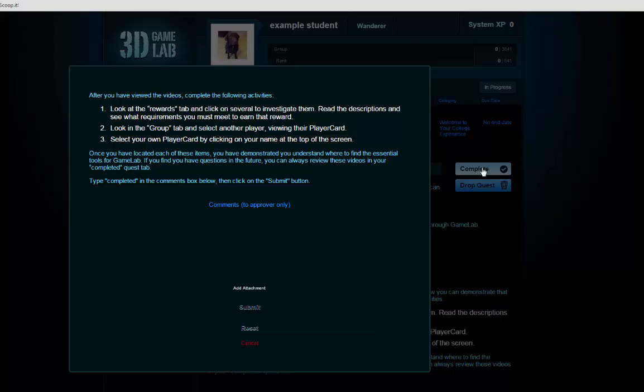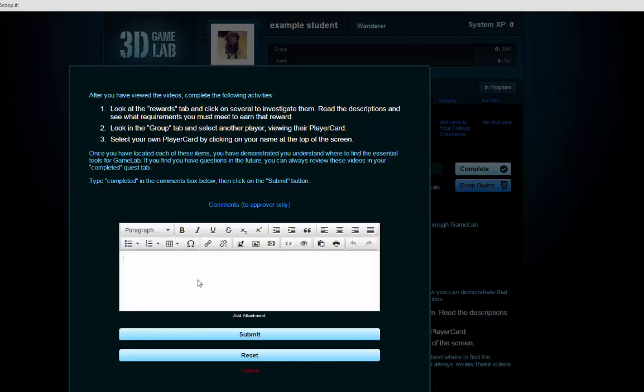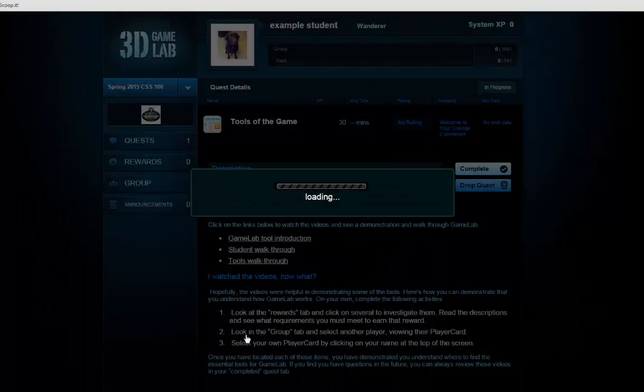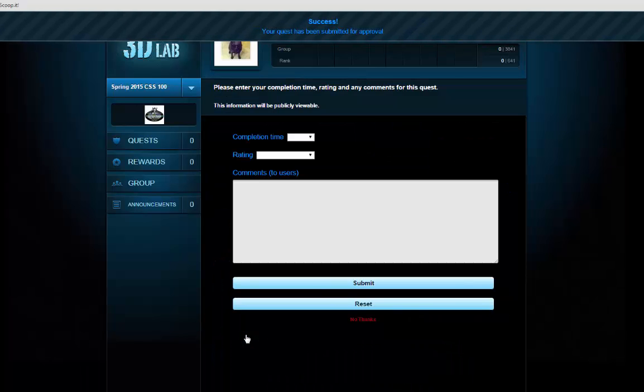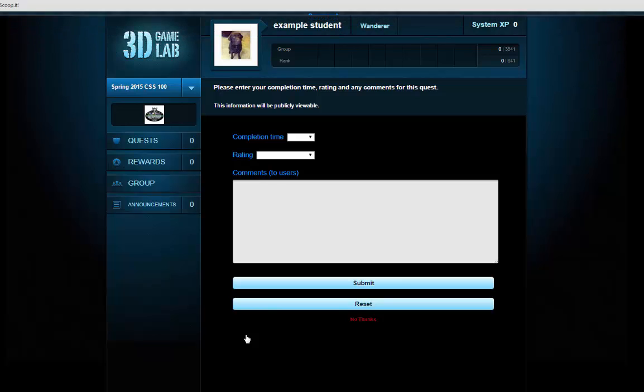So if I click on complete, I can see again the directions for what I needed to do to complete this. I need to look at the rewards tab, look in the group tab, select my player card, and then show that I understand all of these things. I'm going to type completed in here and click on submit. Now, I can see that my quest has been submitted for approval,